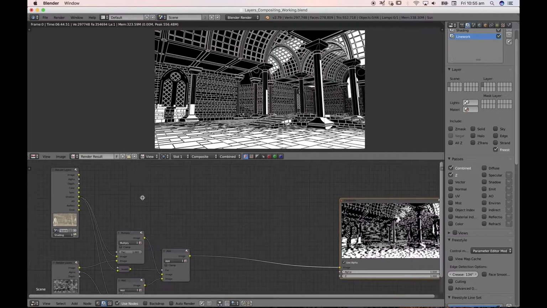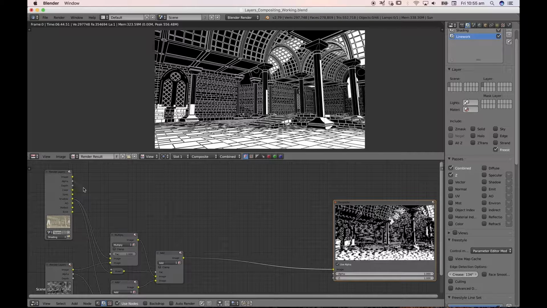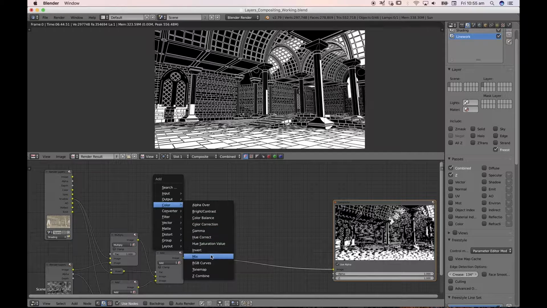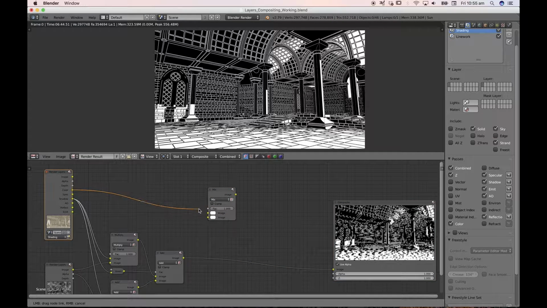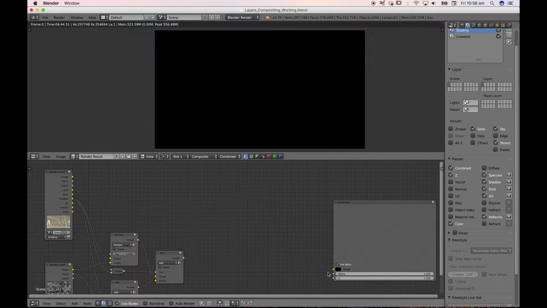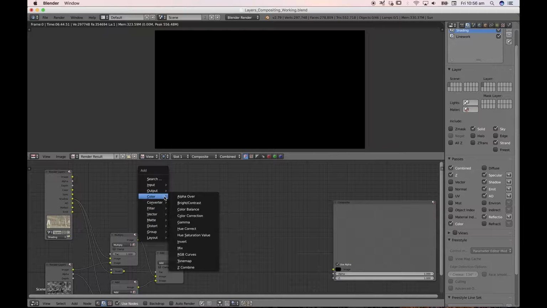Now, if you like to work very plainly, you can just basically add another mix node. You can bring in your color information and you can overlay your inks. Set it to multiply and you're done. But because we've got this wealth of information in all our passes, I mean, we've got reflections and ambient occlusion, specularity, even emission, I think we can do better than just these plain flat colors. And so now I'm going to show you how I go about creating my